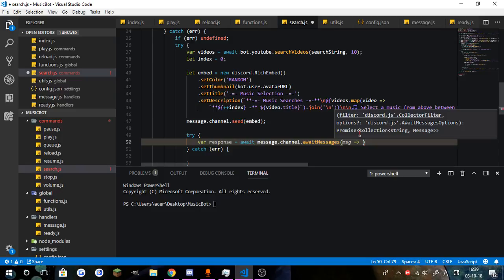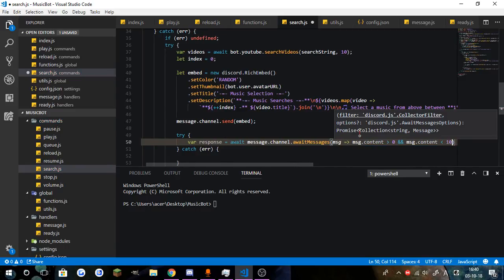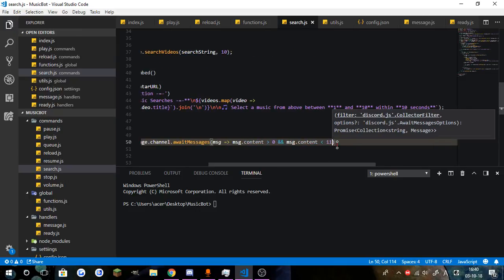So what we need to do is a little bit of a selection here. We're going to do a conditional statement here. So message content needs to be greater than 0, and it has to be less than 10. No, it actually needs to be less than 11 because 10 is included. So it has to be greater than 0 and less than 11, and then we can do